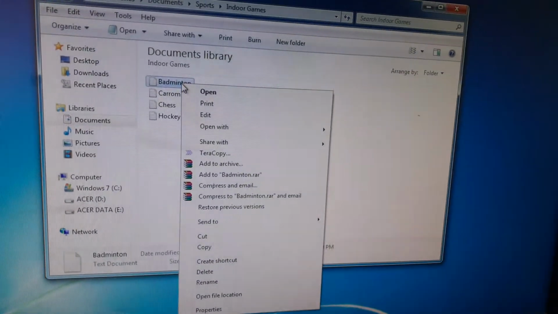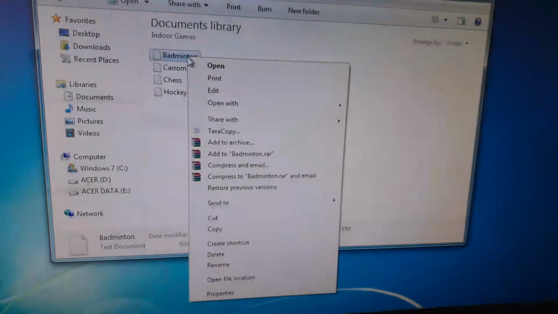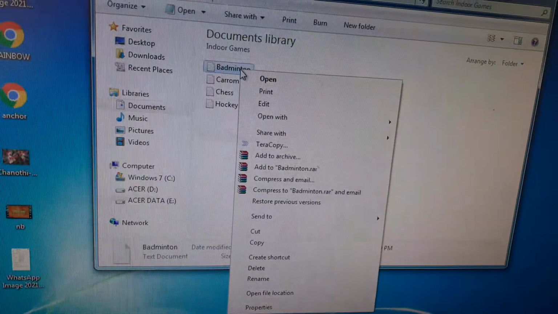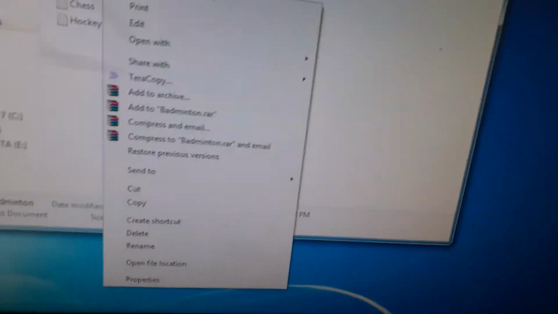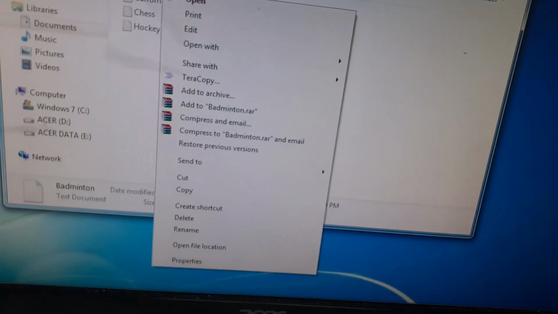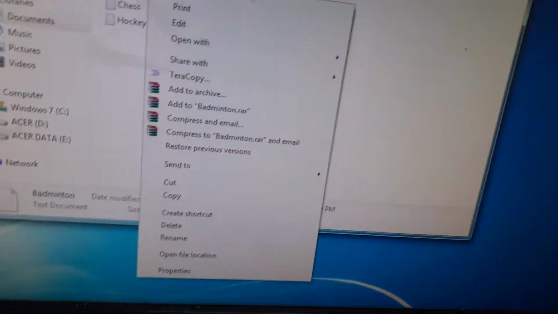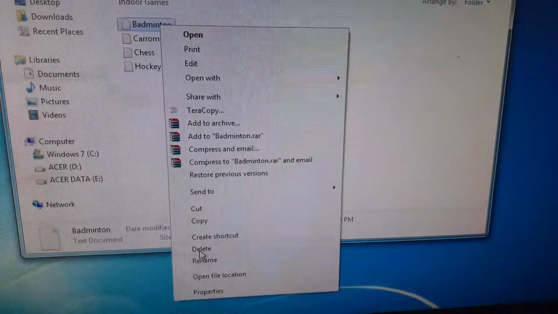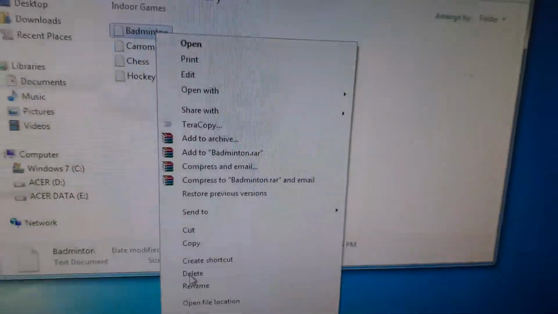So when you right click on the badminton file, this shortcut menu will be displayed. Now from here these are the different commands, right children? Now here you have to press delete. Okay children, see the delete command is there.